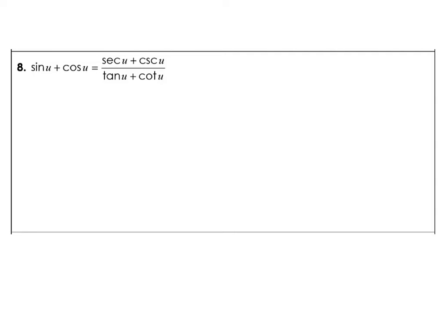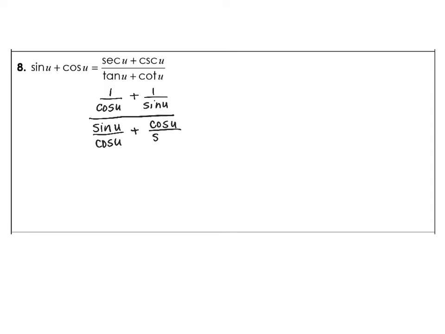Okay, for our next problem, goodness, it's going to be terrible no matter which way we go. So let's go ahead and just start on the right side, and it might be the best thing to do is flip everything to sine and cosine maybe. So let's see what we're going to get out of that. So for secant, I know that's 1 over cosine u plus cosecant's 1 over sine u. And then the denominator tangent we know is sine u over cosine u plus, and then the reciprocal, so cosine